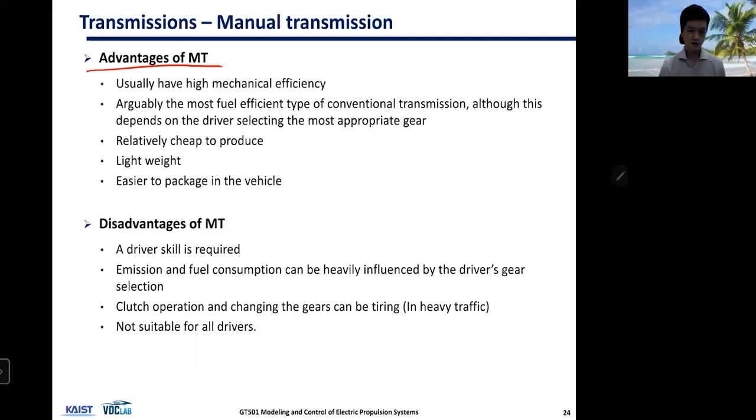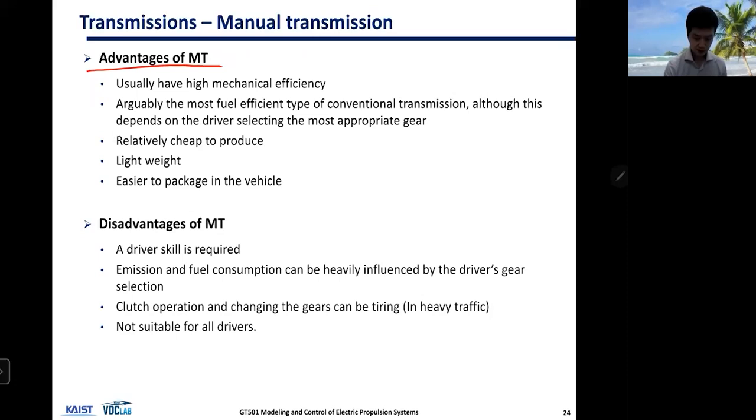Everything is relatively dry and simple. So it gives you good mechanical efficiency, and arguably the most fuel efficient type of conventional transmission. Although this depends on the driver selecting the most appropriate gear. So the transmission itself has low energy losses, but gear selection is manual, so it may not be optimal. Okay,